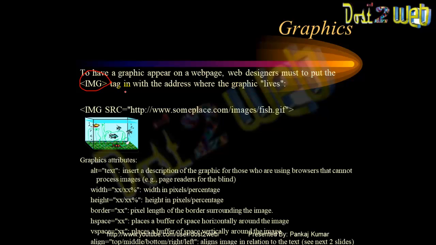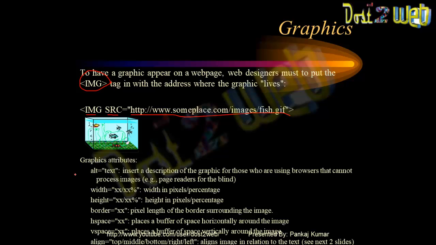If you want to use this, you write img src, which is the source, equal to the location from where you are taking the picture. You can take it from the internet, or from your system also, whatever you want. There are several attributes for this too.